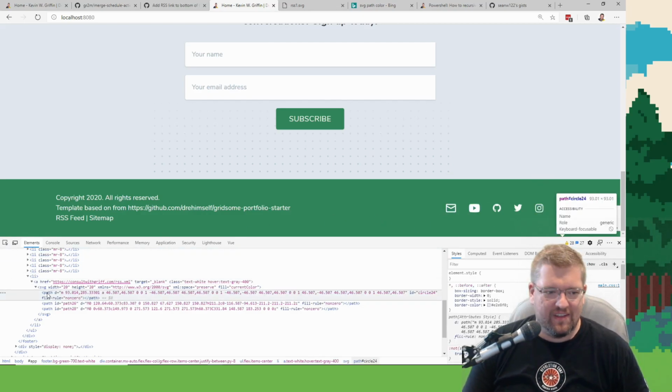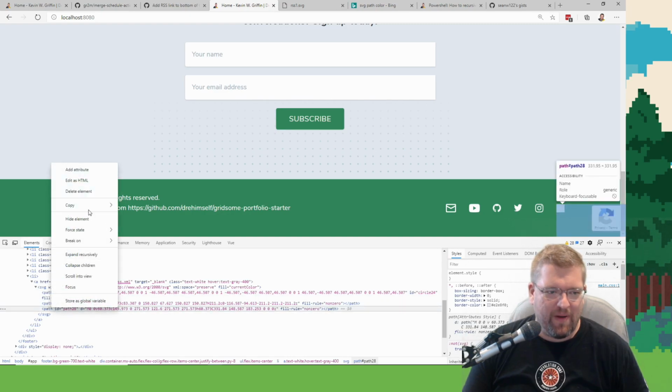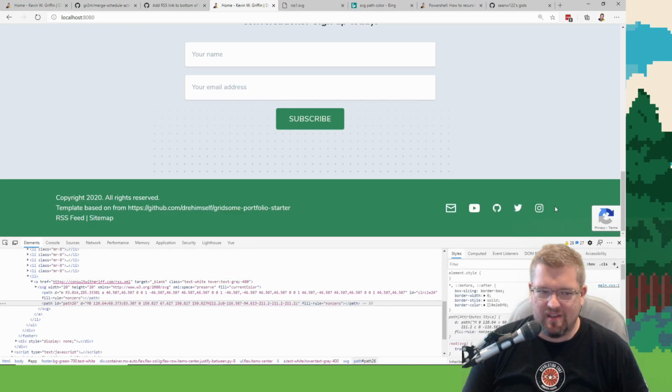All right. What if I just remove one of the paths? Delete element. Oh, see, and then the entire thing moves.